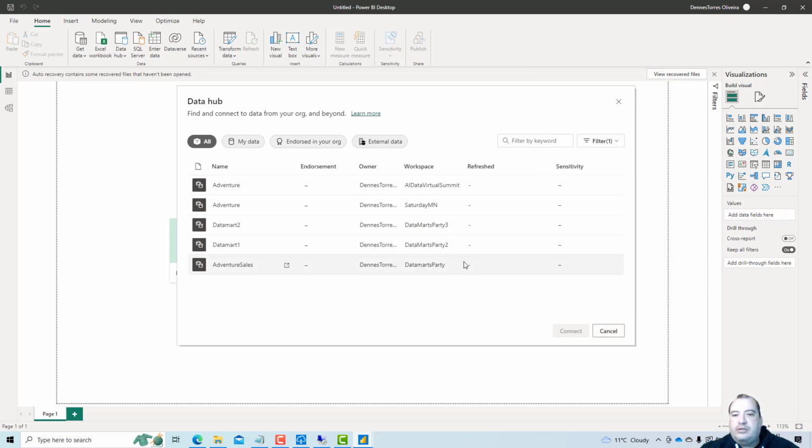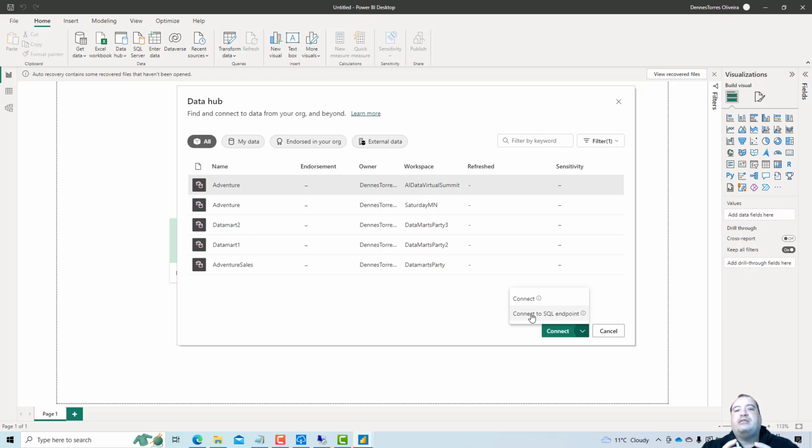And here we have the AI Virtual Summit Adventure Data Mart I created for the AI Virtual Summit. And I can even choose if I will connect directly to the data mart. This means that I'll be able to reuse all the model configuration made on the data mart, or if I would like to use the SQL endpoint.